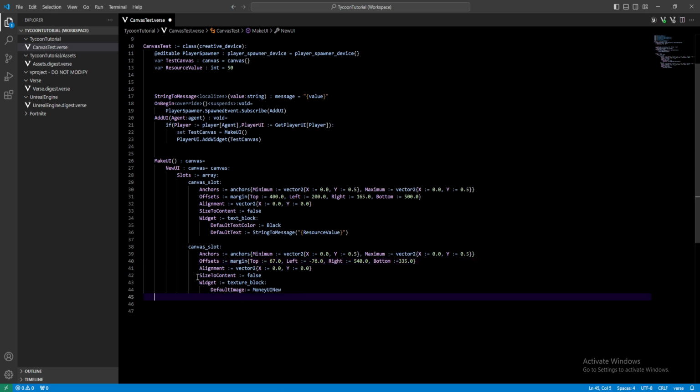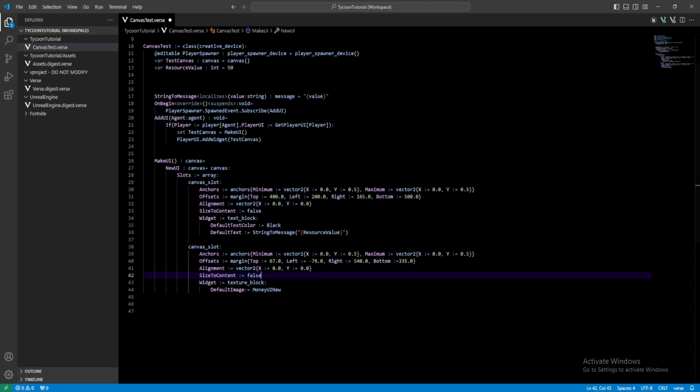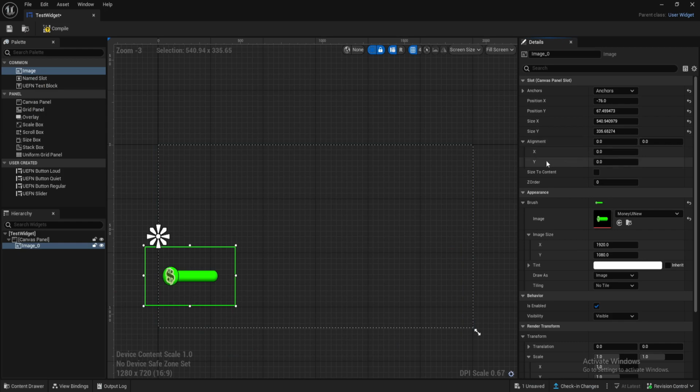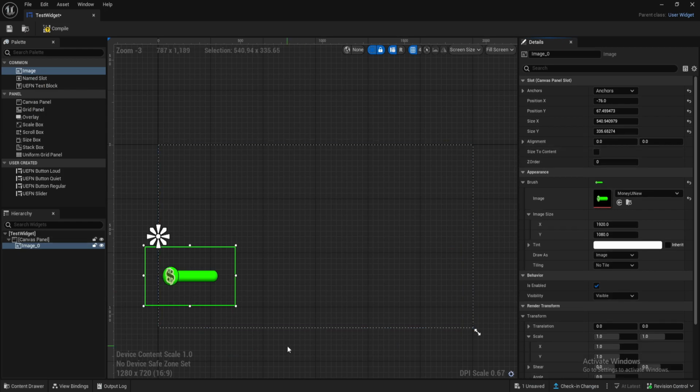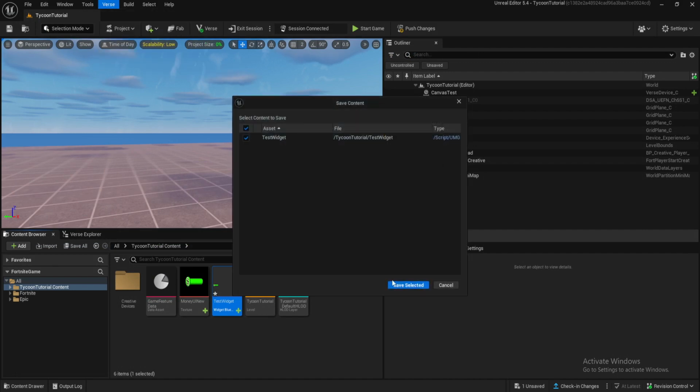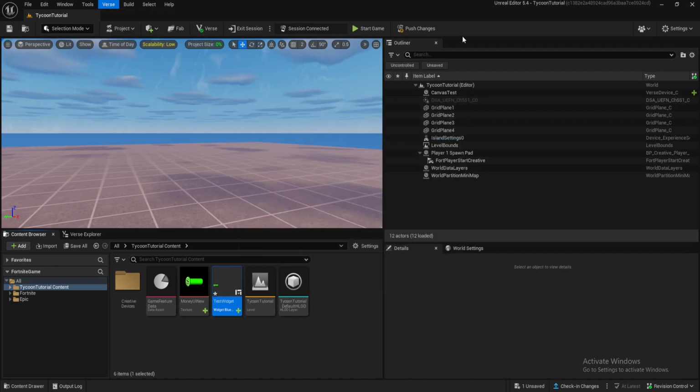The next two values, which are alignment and size to content, are actually, in this case, already the same, but size to content can either be true or false, and the alignment has another X and Y value that you can manipulate. So for now, let's go ahead and we can compile this. It doesn't really matter because we're not actually using the widget. But if we go ahead and build verse code, now that we've changed all the values,